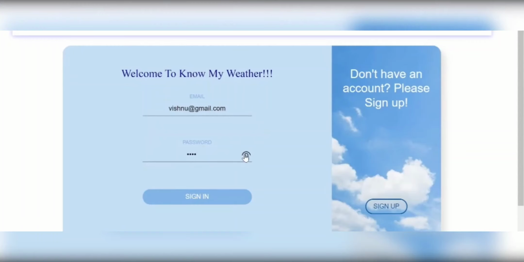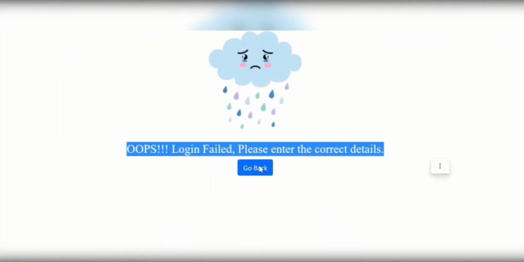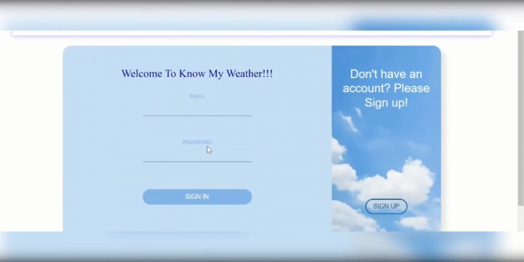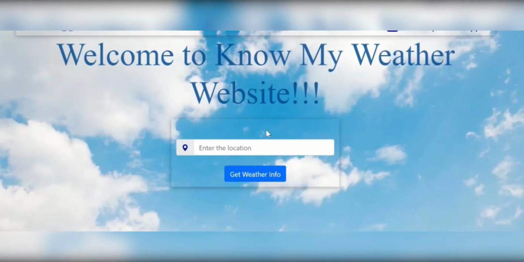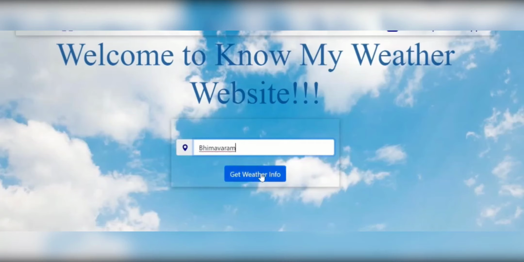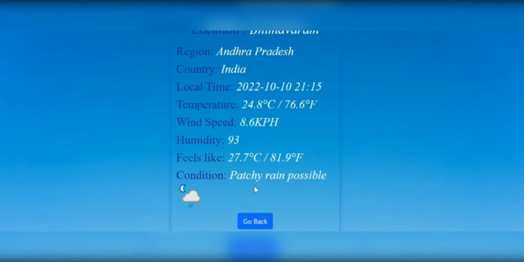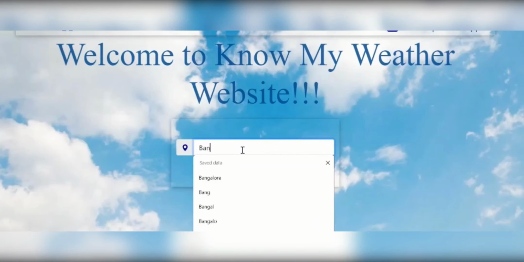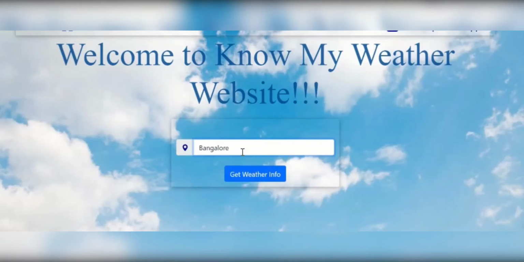Here we can say that we'll get the output like this. The user has to log in with the correct email and password. After the login process, we have to sign in with the same email and password, and it can be seen in the Firebase database. Once after the sign in process, it will